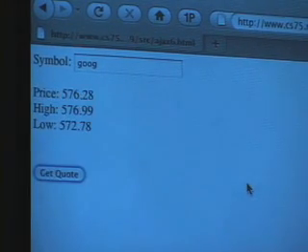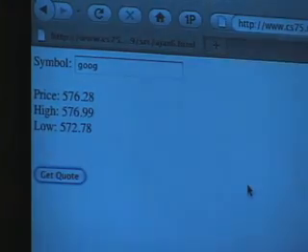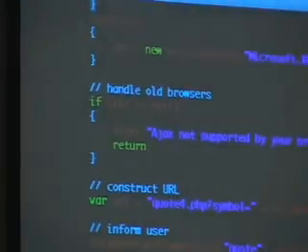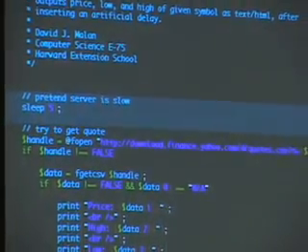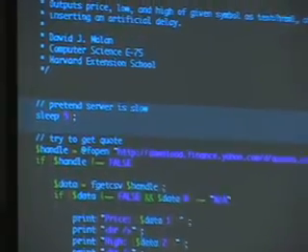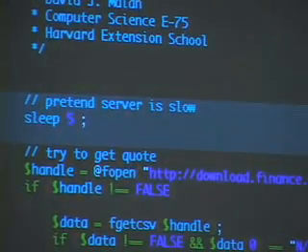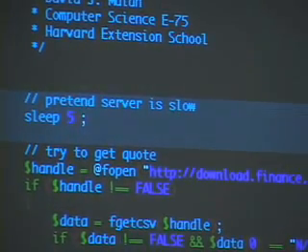And then a few seconds later, the response comes back. So this is using a different script. This is using quote4.php because I wanted to simulate a slow connection. So there's how I simulated a slow server. I just slept for 5 seconds before returning the response. So that actually lets you see the